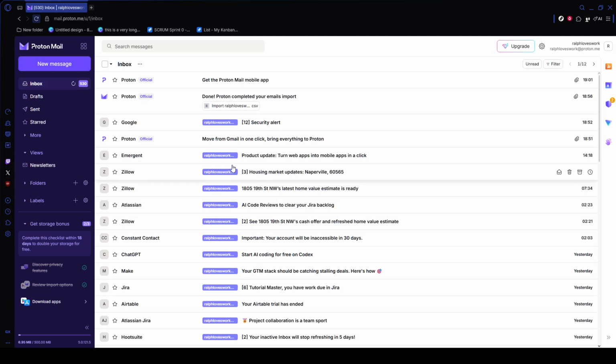In today's video, I'm going to teach you how to add Proton Mail to Mozilla Thunderbird. Because Proton Mail is built around zero access end-to-end encryption, Thunderbird cannot connect to it the same way it would connect to a regular email provider. To make this work, you need Proton Mail Bridge. This app runs locally on your computer, securely decrypts your mail on your device, and then passes it to Thunderbird